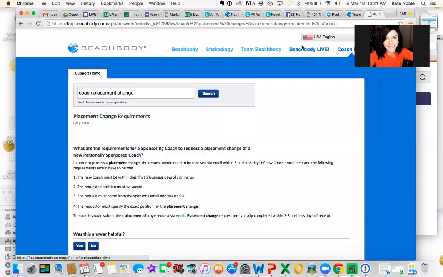So I wanted to do a quick tutorial on how to make a coach placement change. If you haven't already watched the coach placement change video from Scotty Hobbs and other coaches, please make sure that you do that. Again, you have a right leg and a left leg, and when you're adding new coaches to